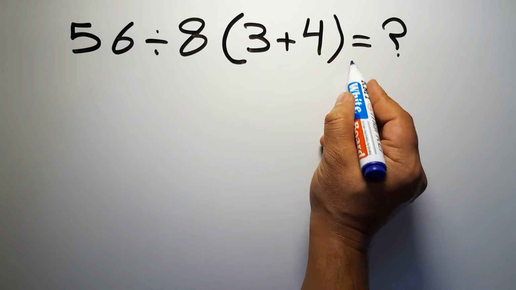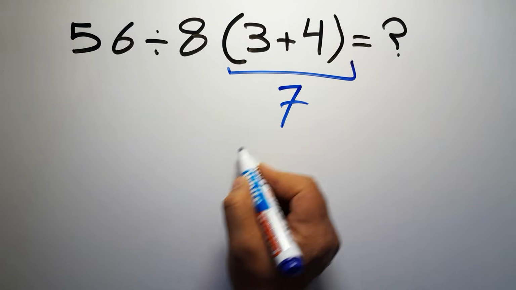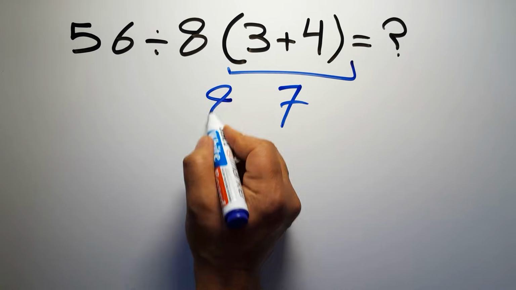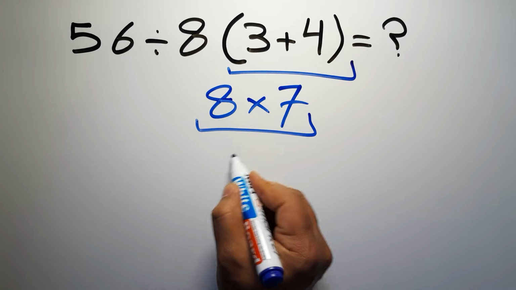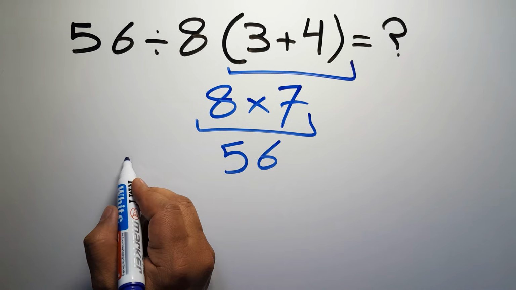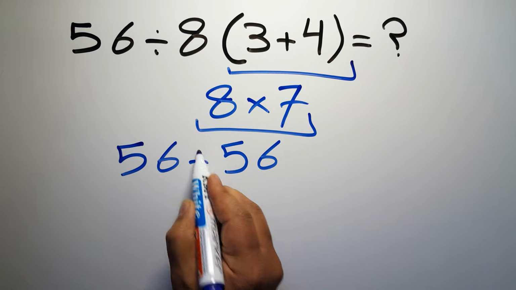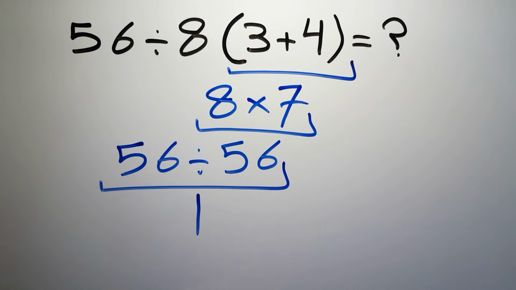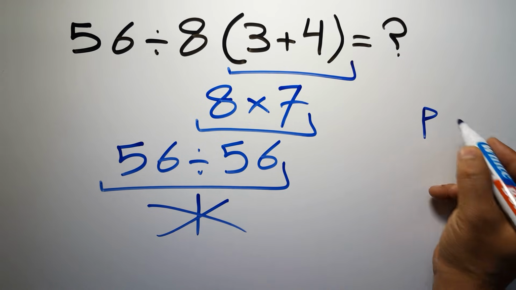3 plus 4 equals 7. And 8 times 7 equals 56. So 56 divided by 56 is just 1. But this answer is not correct, because according to the order of operations, first we have to do parentheses, then